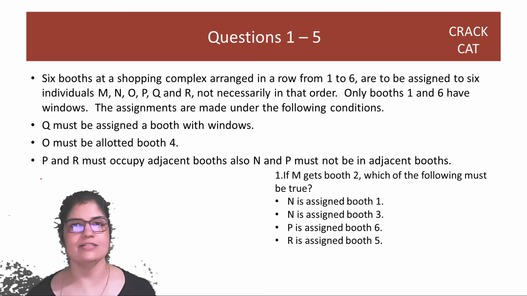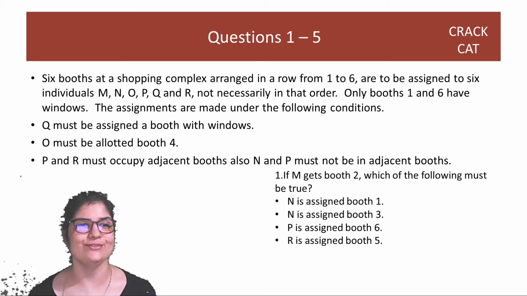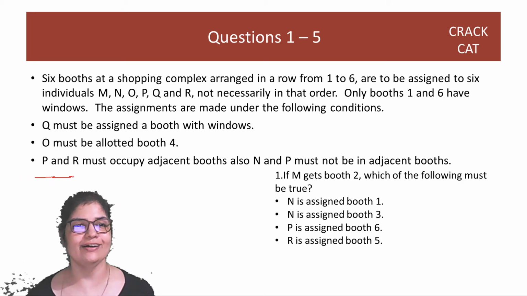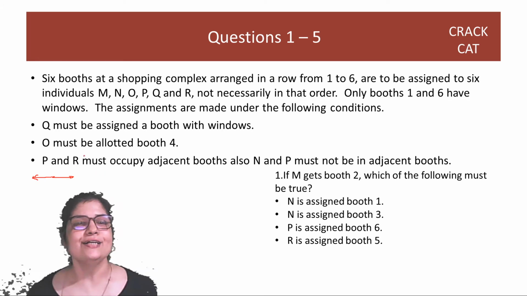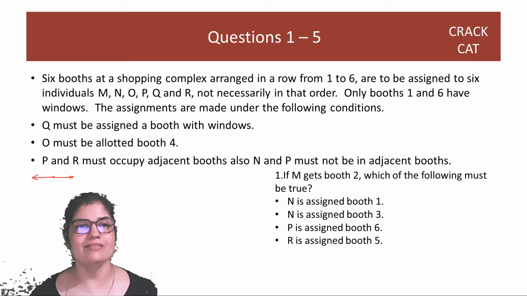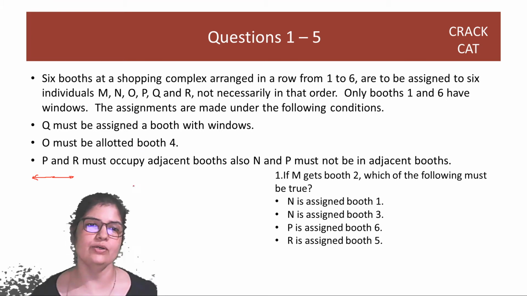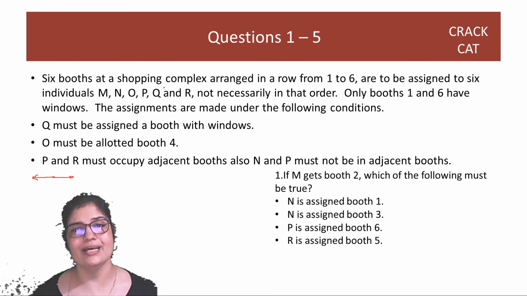In real life, such things don't happen. You don't have these stupid cases. Remember that a lot of your CAT is made up of people who had nothing to do and they made up questions. Okay. So let's understand this. You have 6 booths and you have 6 people, and then you are arranging people in booths, and you know they are named from 1 to 6.